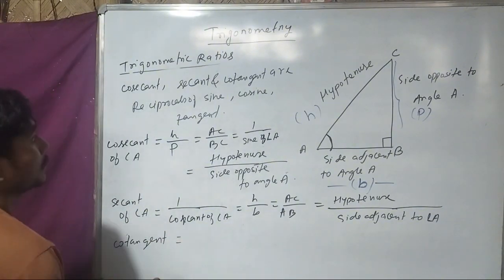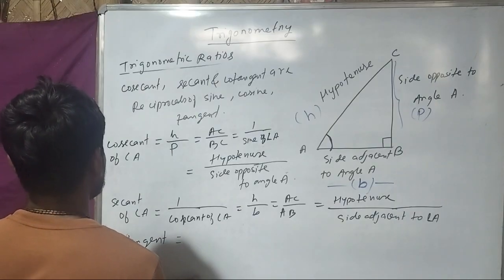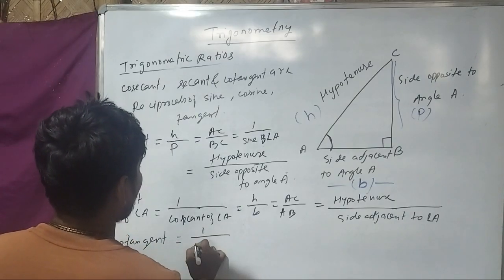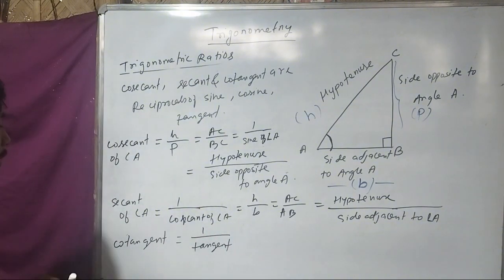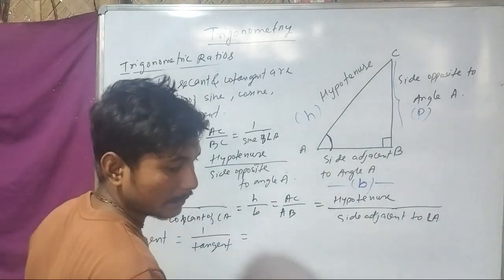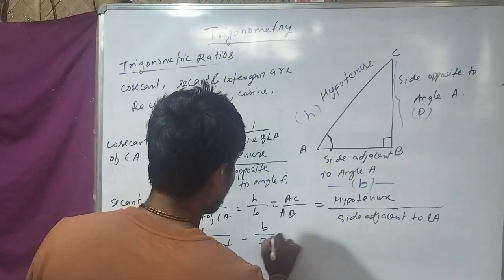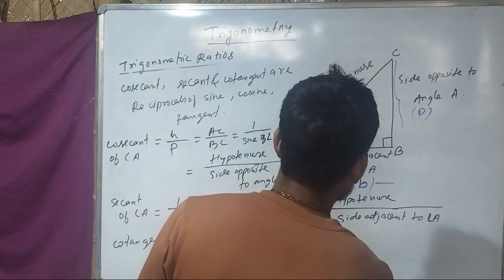Cotangent means 1 by tangent. Reciprocal of tangent. Cotangent means reciprocal of tangent, that is 1 by tangent. What do we get for tangent? P by B, na? Then cotangent is B by P. Now B means what? AB by AC. That means side